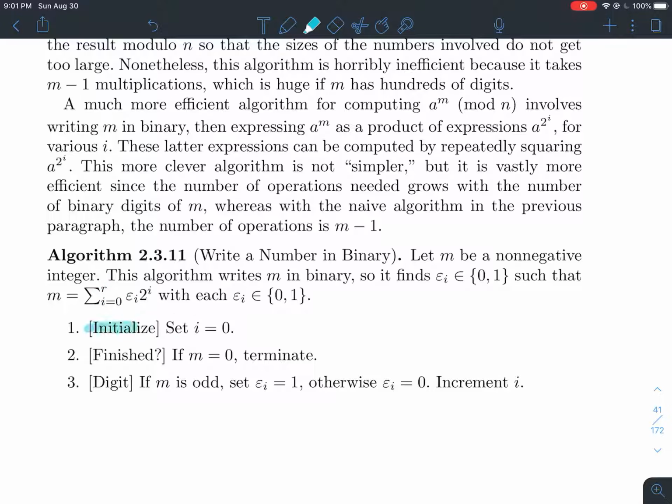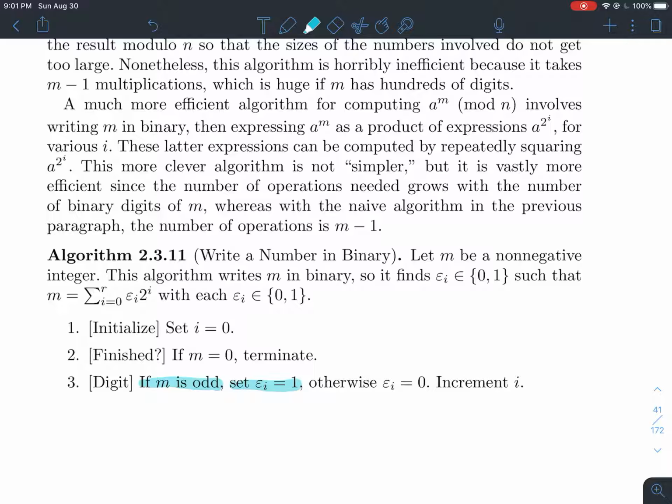So we'll set i equal to 0, just like it says to do in the sum here. Now, if your m is already 0, terminate, you're done. So the binary expansion of 0 is just 0. Otherwise, though, what you're going to do is look at whether m is odd, then the coefficient,